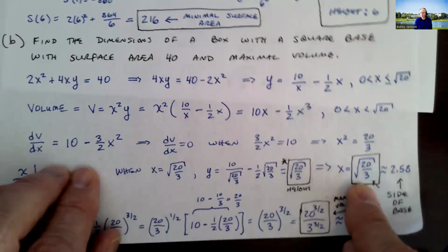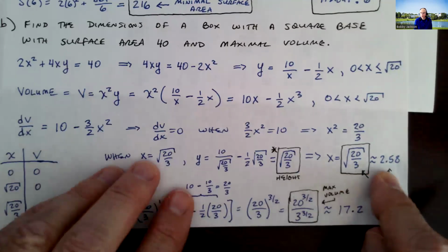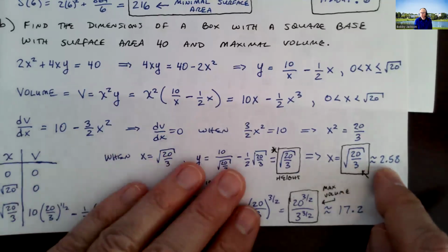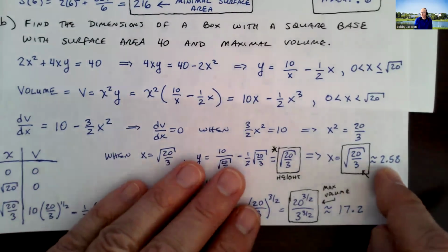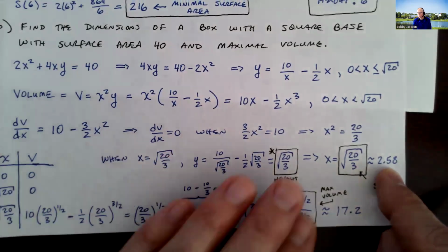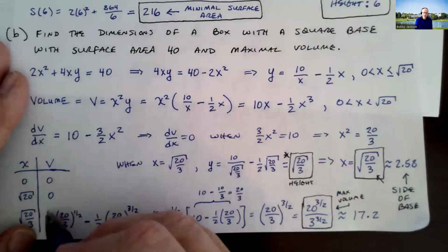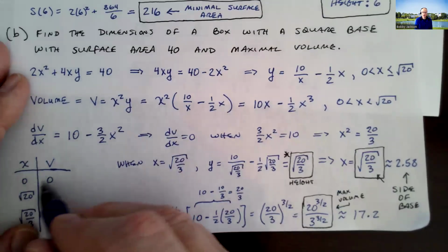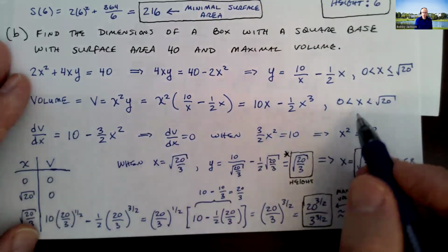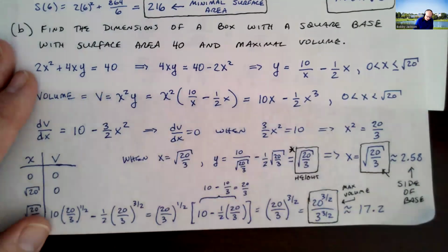Now, this is the value they want. They want the exact value. I would probably be happy on a test with approximating to 2 decimal places. Okay, so 2.58, again, whatever the units are. Now, does that give us a minimum? So I did a checking the value of the function at these endpoints, but really we can't include those. So really I should do a sign check on my